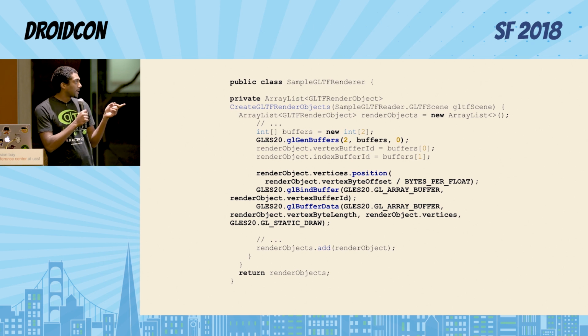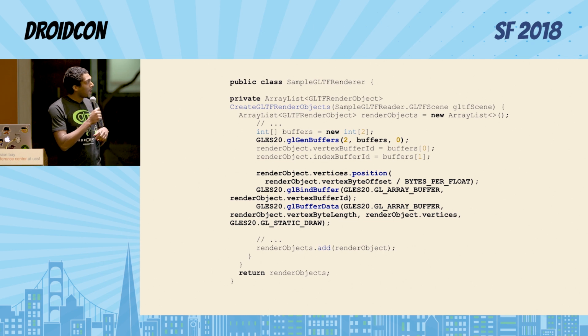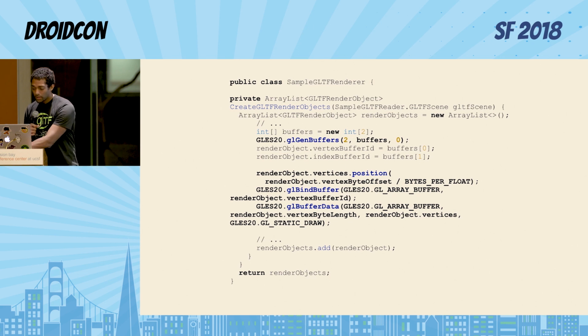The key thing here is first we have to generate the buffers. That's what we do with glGenBuffers. And then we're going to do a glBindBuffer, since OpenGLES is state-based, so we need to bind a single buffer. And then we're going to say that we're going to upload the data. That's what the glBufferData call does. So now we've uploaded that vertex data, just pointing to that float buffer,